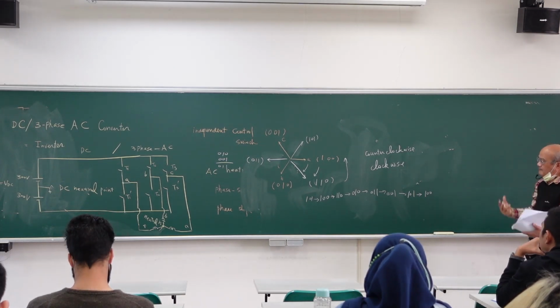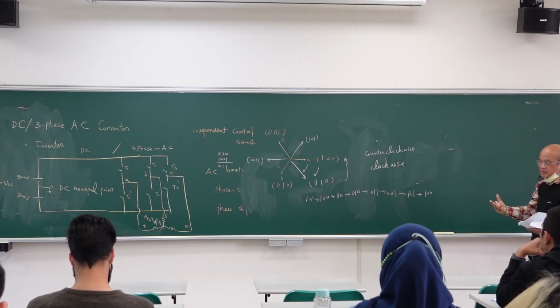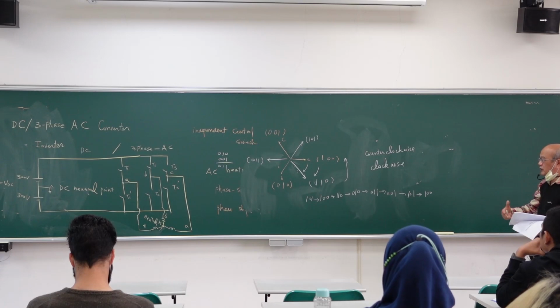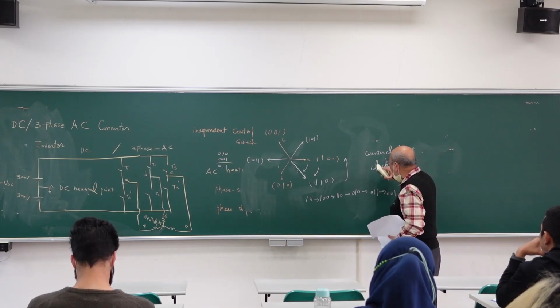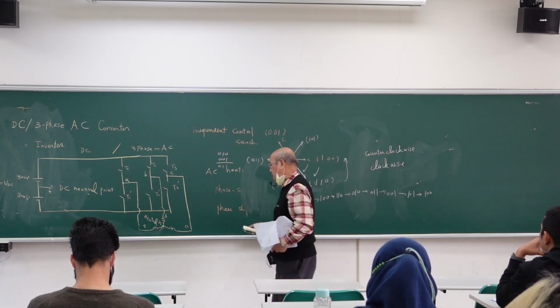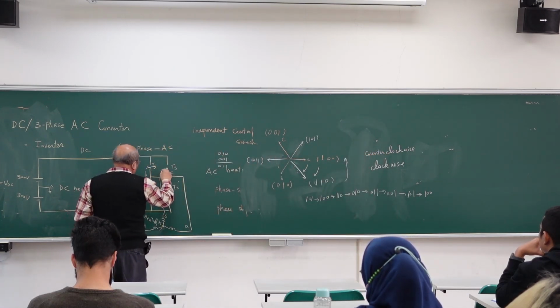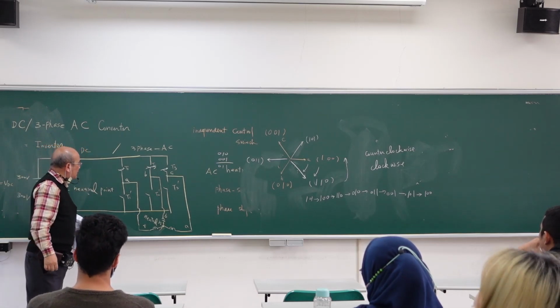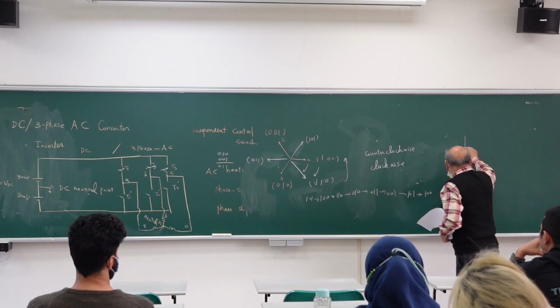So now you have a basic idea. I have to follow this rule. Otherwise, my motor couldn't rotate, right? So how about 1, 1, 1? If I have 1, 1, 1, then what happened? So if we have 1, 1, 1,